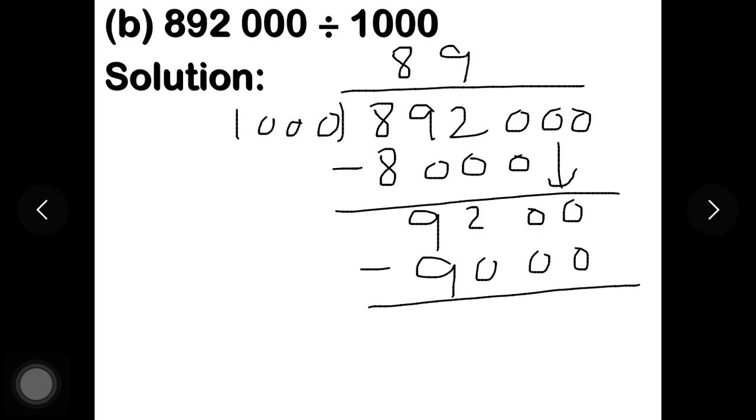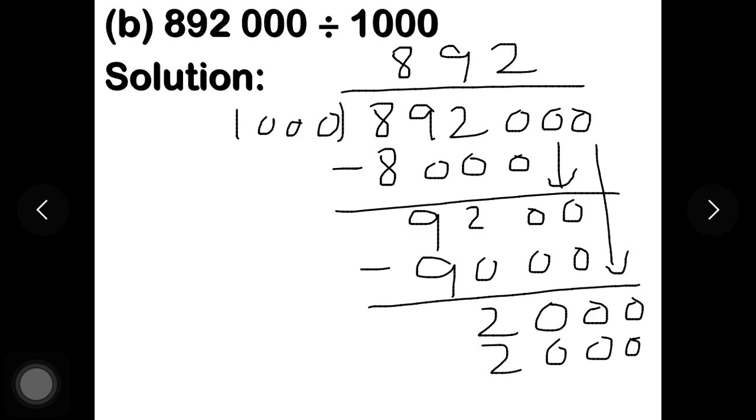Yes student, now we will subtract 0, 0, 2. Next digit is also 0. 1002's are 2000, and the remainder is 0. So the answer of part B is 892. Now student, part C, and the value of part C is